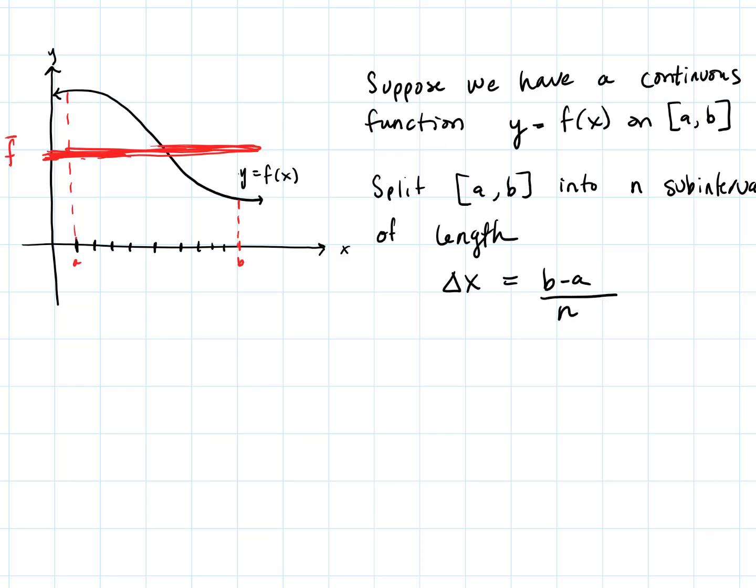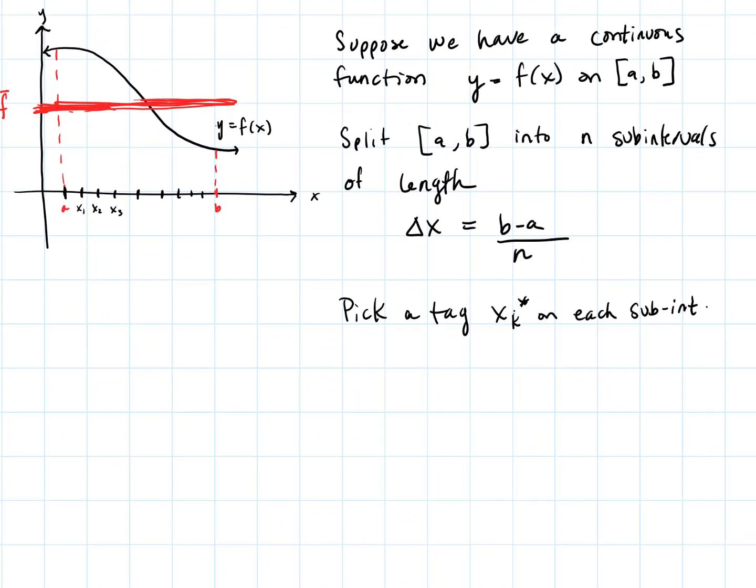And then on each subinterval, as we go along, we've got x1, x2, x3. On each of those subintervals, let's pick a tag, x sub k star, on each subinterval, and we will use that to calculate what the function value is on the subinterval. And so then we could add up all of those function values. So to find an estimate for the average value of the function